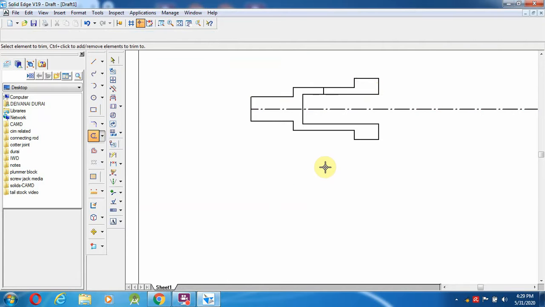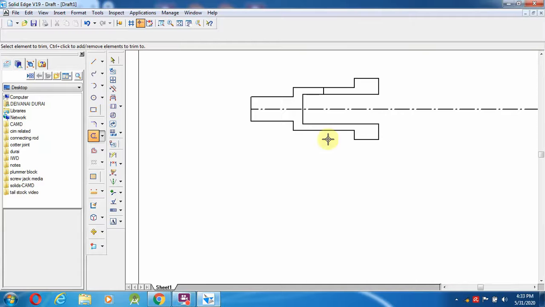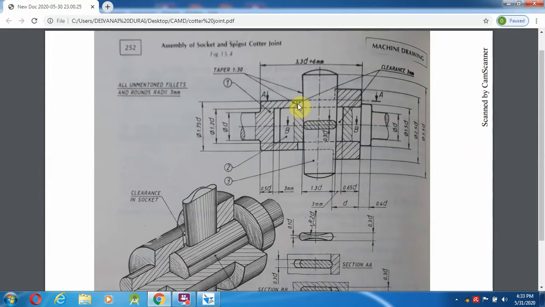Now in the bottom, usually it comes as a taper. Here they are showing a tapered one. The taper length from the top we can take from the quarter joint. From the quarter joint here it is 1.3d plus 3.